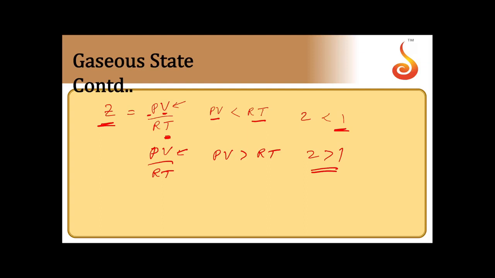That is regarding the compressibility factor. So, compressibility factor Z less than 1 means they have lesser volume than the expected volume. So, PV is less than RT. Lesser volume means they are experiencing more force of attraction. Suppose the volume is more than the expected volume, it means they are experiencing repulsions. Therefore, PV is more than RT. So, whenever gas molecules experience repulsions, the compressibility factor Z is going to be more than 1.